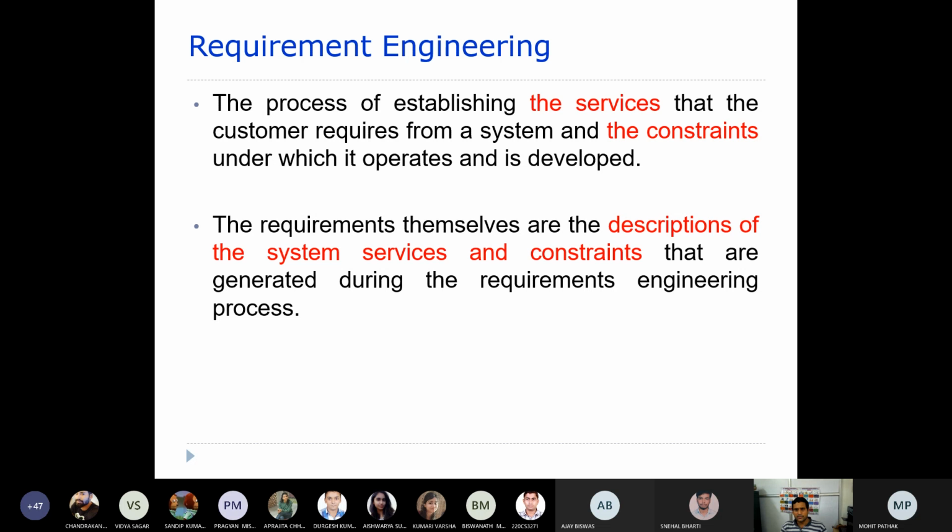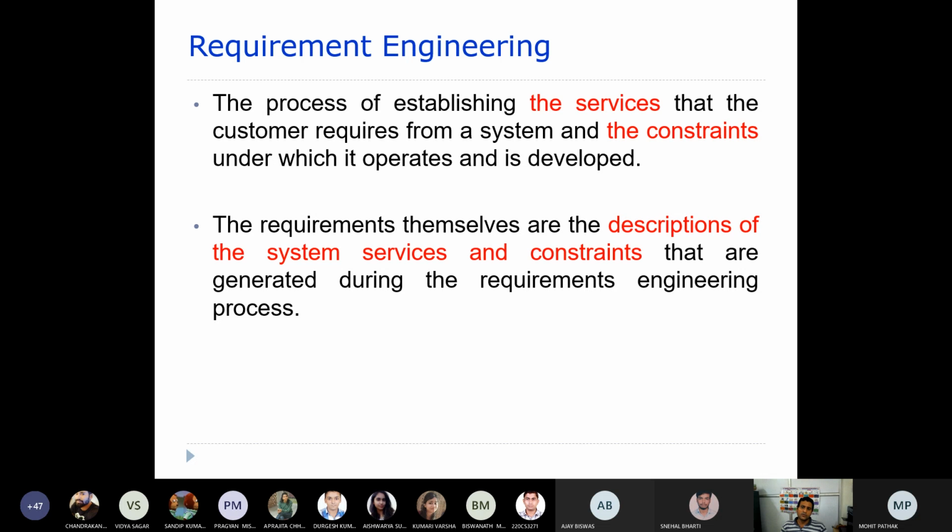I mean, what services are required from a system or the software, and what are the certain constraints while the software is being run or during development, right? So the requirements themselves are the descriptions of the system services and constraints.